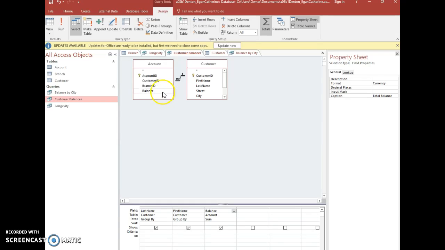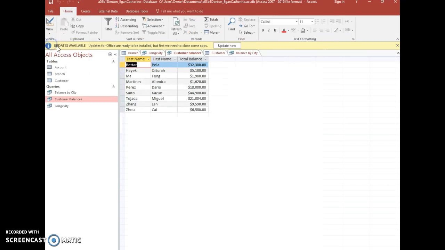I had the account and the customer, and I was able to put in my totals, which was up here, and put the sum in for the account balances, and then you were able to run the query and save the query for the account balances. So this one came out nice. I named the query,